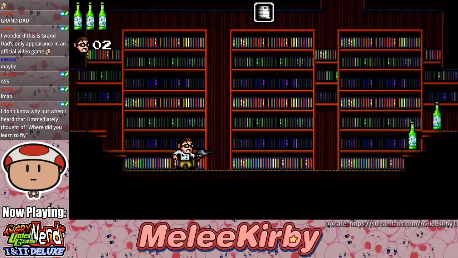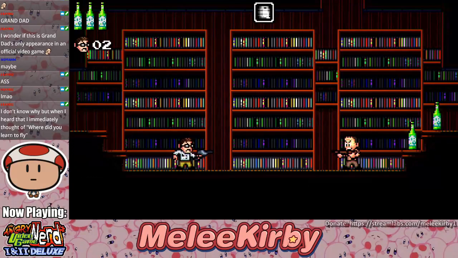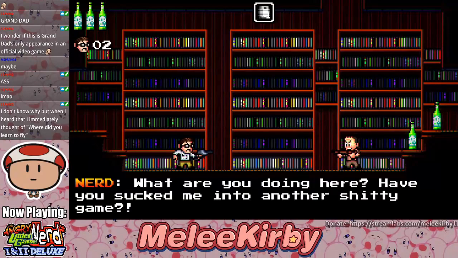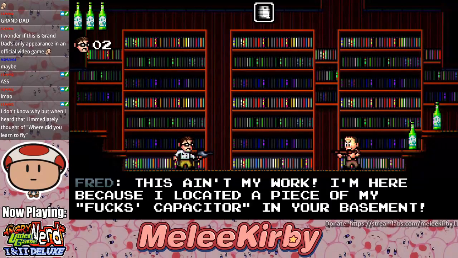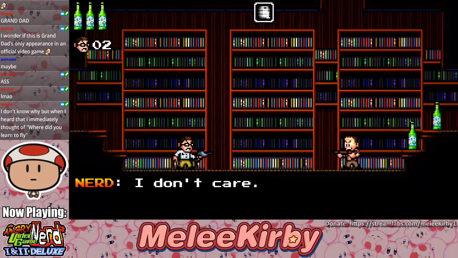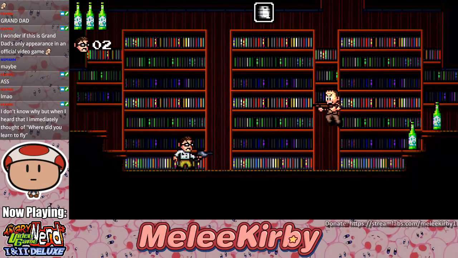Look out below! It's you, Fred Fox. You were expecting, maybe the fucking Addams family? What are you doing here? Have you been sucked into another shitty game? This ain't my work. I'm here because I located a piece of my flux capacitor in your basement. Now to find the other 5. I don't care. Back off, you fuck! It's mine and you're not gonna...